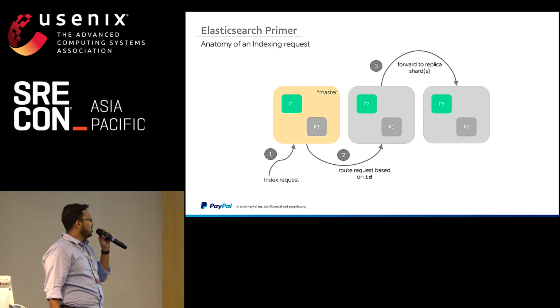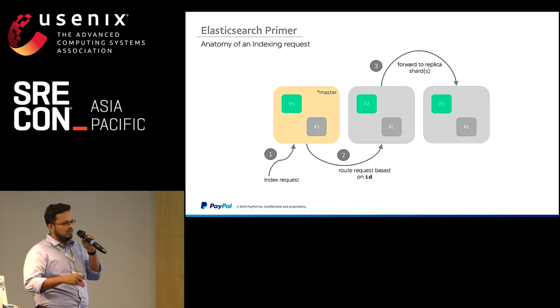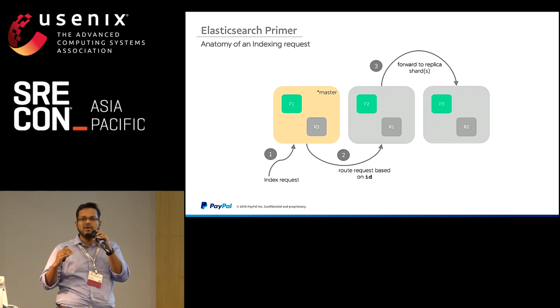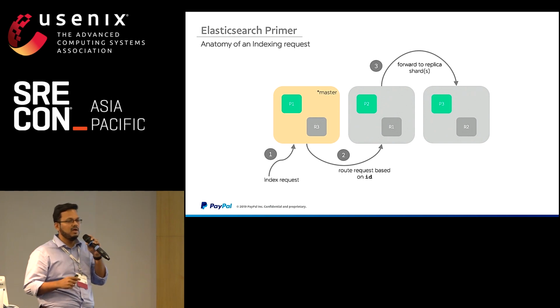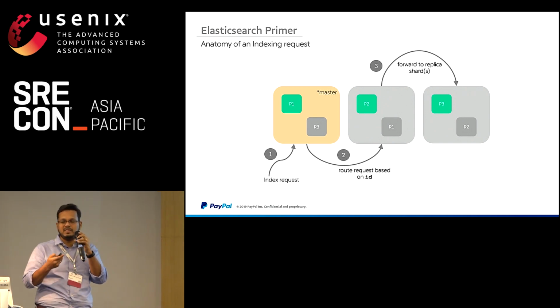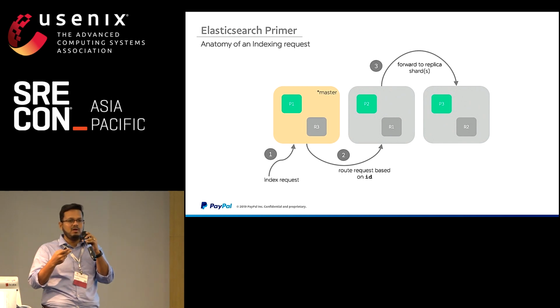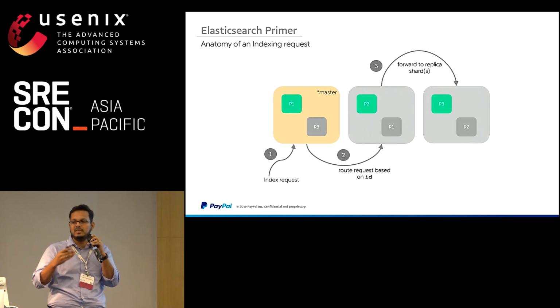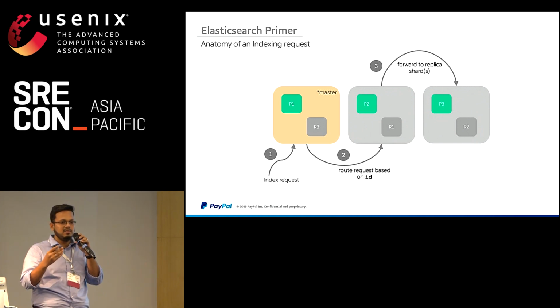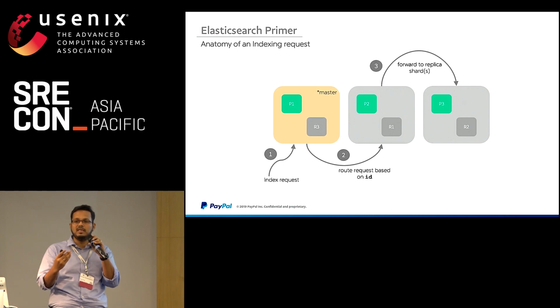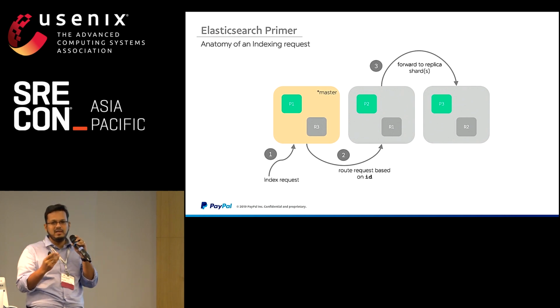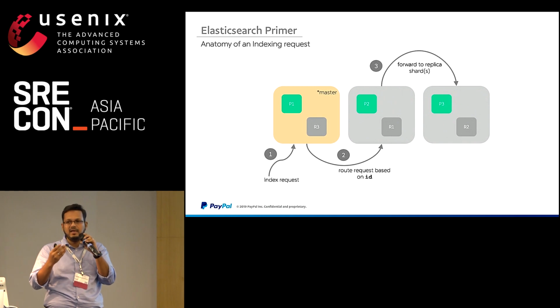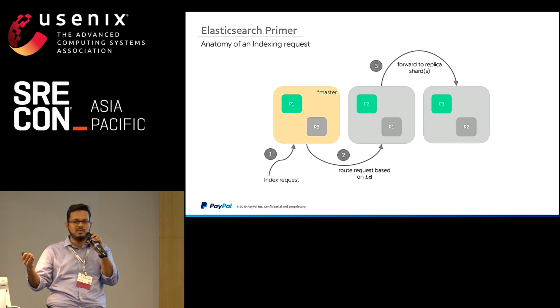We'll quickly go through how an indexing request works. Indexing is akin to writing. If you have a document and you want to store that into Elasticsearch, how does it happen? You have a JSON document, and you actually pick any node. Any node in Elasticsearch can work as an indexing node, so you can send the data there. What it does is, again, try to route it. It looks inside the data to figure out if there's a concept of ID. If there is no ID, it auto-generates an ID, hashes the auto-generated ID depending on the number of nodes and primary shards that you have set up, and routes that request to that particular node.